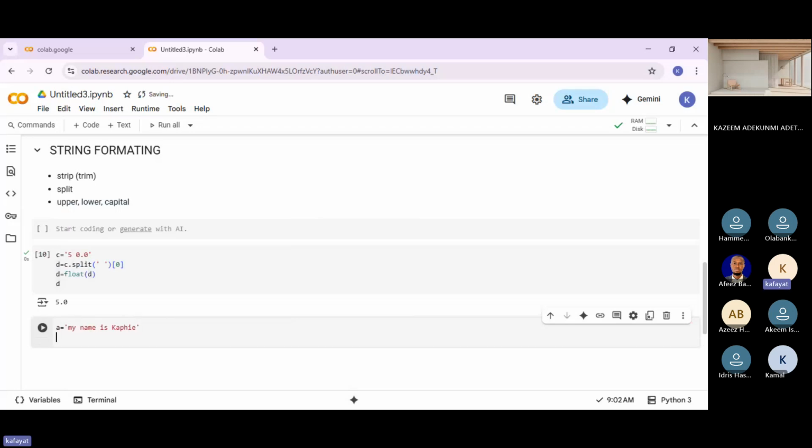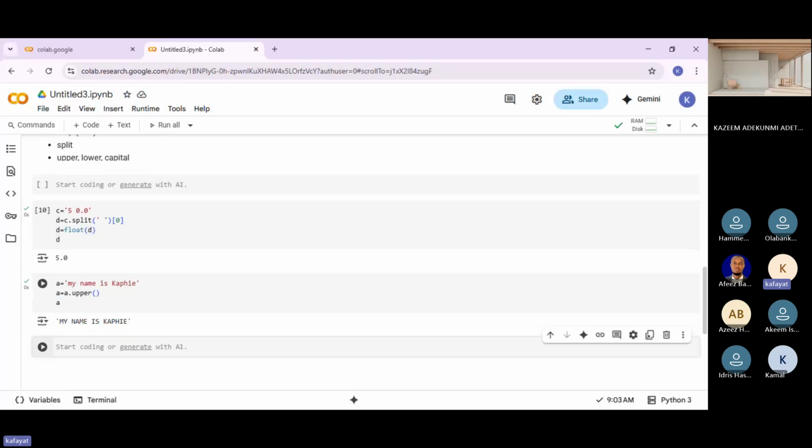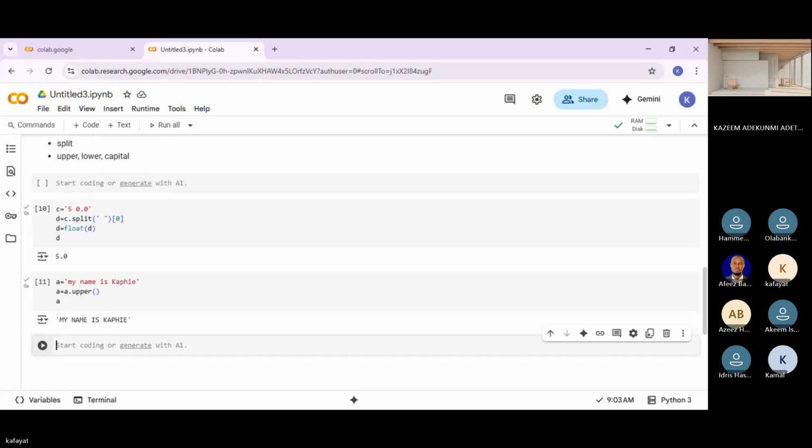Then I said I want to convert this to uppercase. A dot upper. Do you see it?